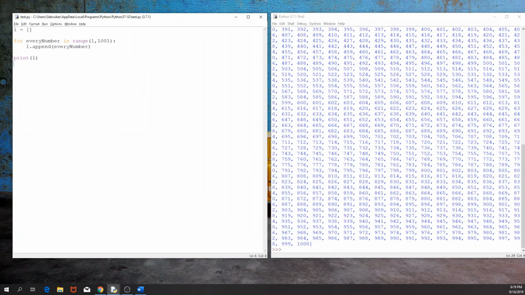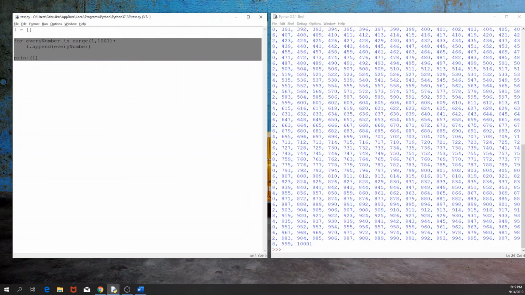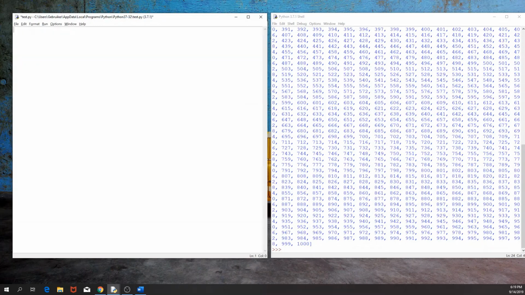Now the other thing that is very similar but a bit different, it can be used interchangeably with for loops, is the while loop. And it's personal preference, so whichever you like more, and based on the situation you might prefer one over the other. A while loop is similar because it again loops through whatever you ask Python to, but based on given criteria. So let's say that we have a counter and our counter starts at 0. So what we could say is, while counter is less than 10,